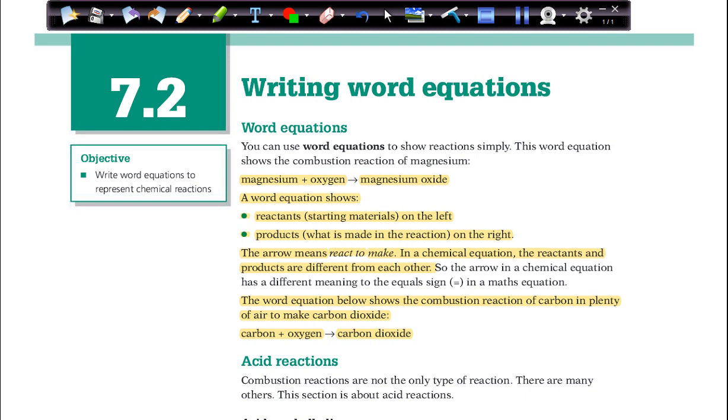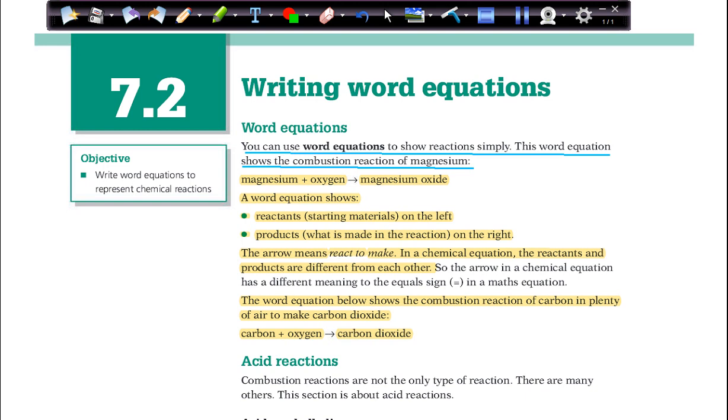So now please open your books on page 136 and grab your highlighter. Follow me. Writing word equations. You can use word equations to show reactions simply. This word equation shows the combustion reaction of magnesium. They gave you an example of one of the types of reactions, which is a combustion